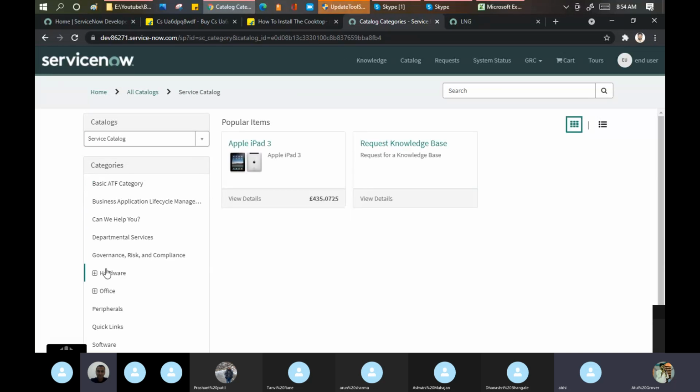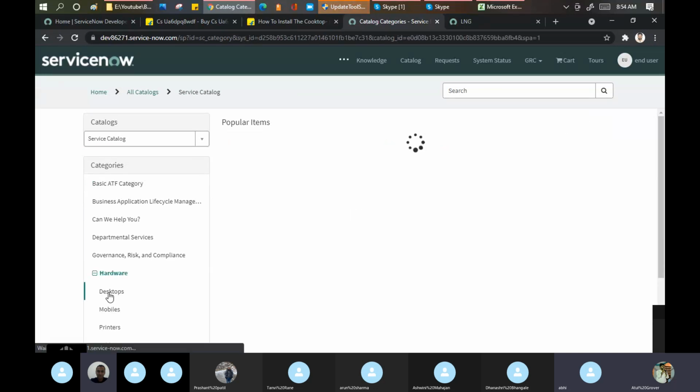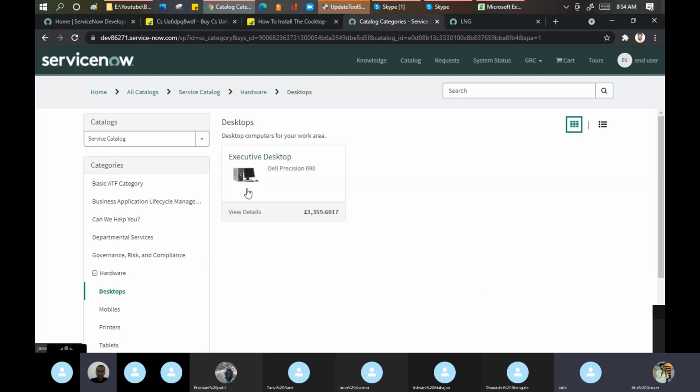What do you want? Hardware. Okay. Desktop, yes. Then you can order the desktop. So these are the catalogs and these are the categories, and under those categories we have catalog items available, which I as a user can order.